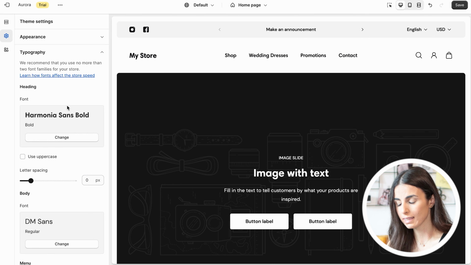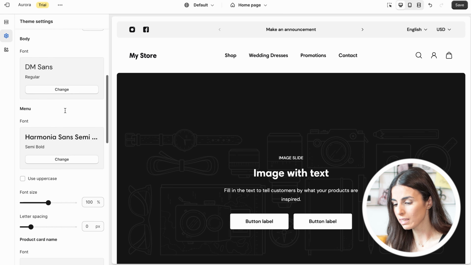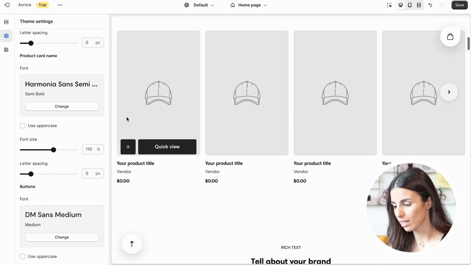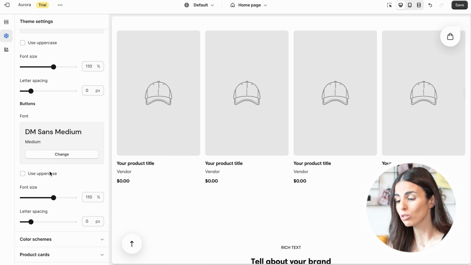So for example, you can decide the font for the heading, the body, the menu, and the product card. The product card is this section in here. You can change the font in here, and you have also the buttons. It's very important to note that these settings or options will be different depending on the theme you are